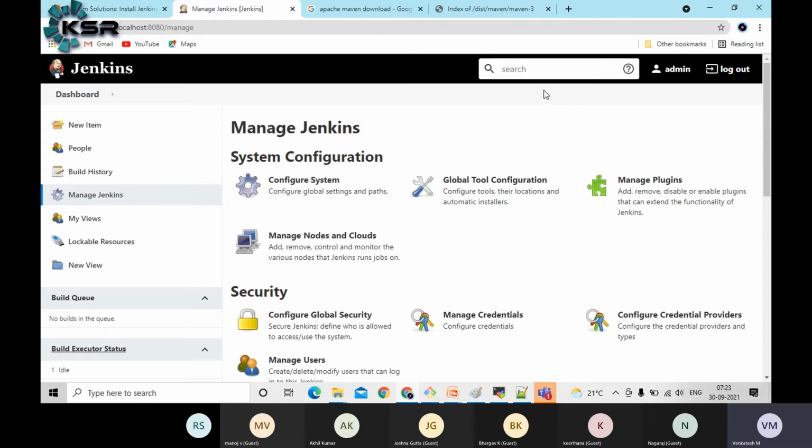We are using OpenJDK as per your requirement. If your application also needs Java to build, compile and create a package, then you should have your own JDK. Otherwise, if it's supporting OpenJDK 11, you can use it. That means you don't need to configure any JDK tool in the global tool configuration. It will choose the current version, which is OpenJDK 11. If you do not choose any JDK, whatever was installed during the installation, that itself will be taken.